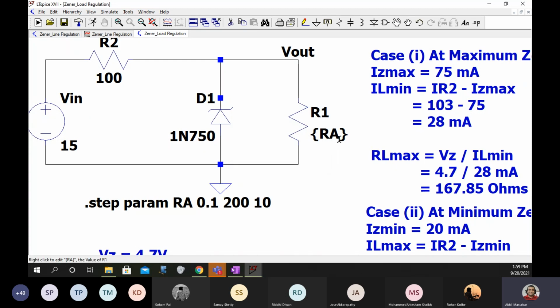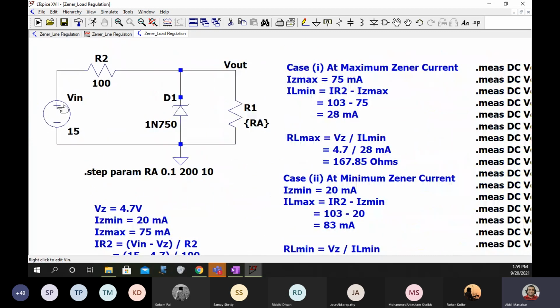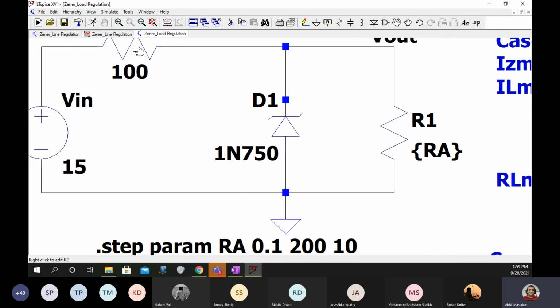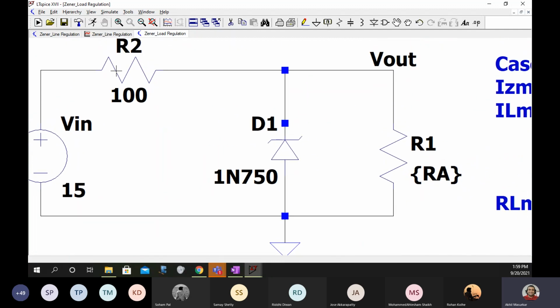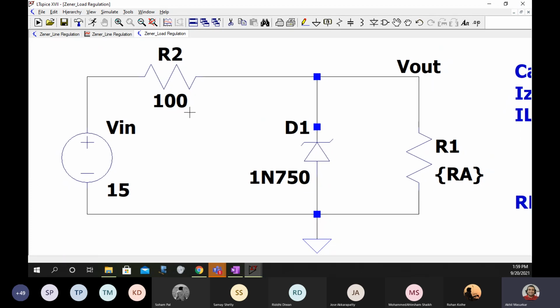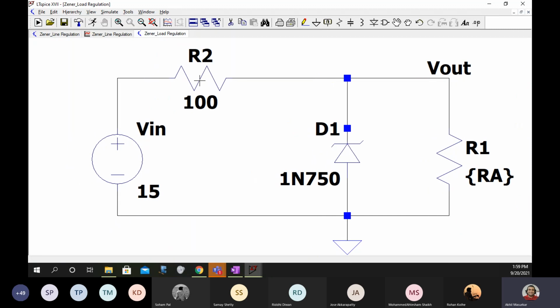Now you will get this. So I want you to post this first, only the circuit with this RA. I want to see only this much.